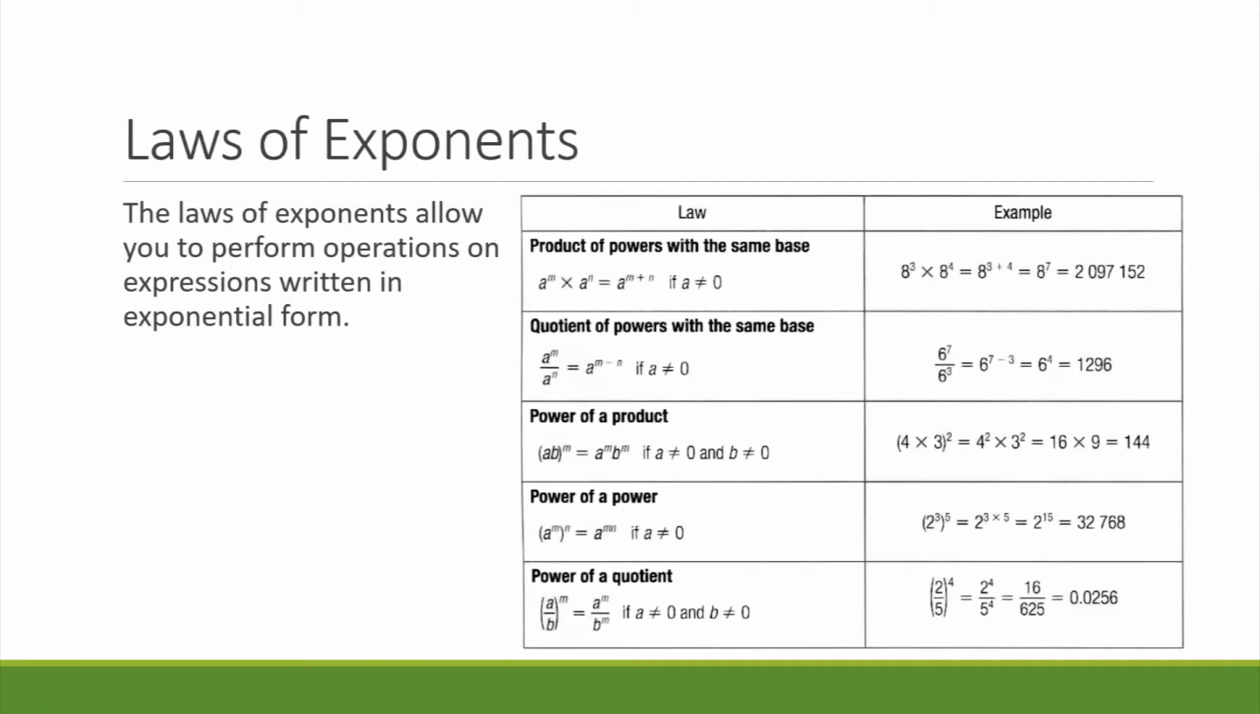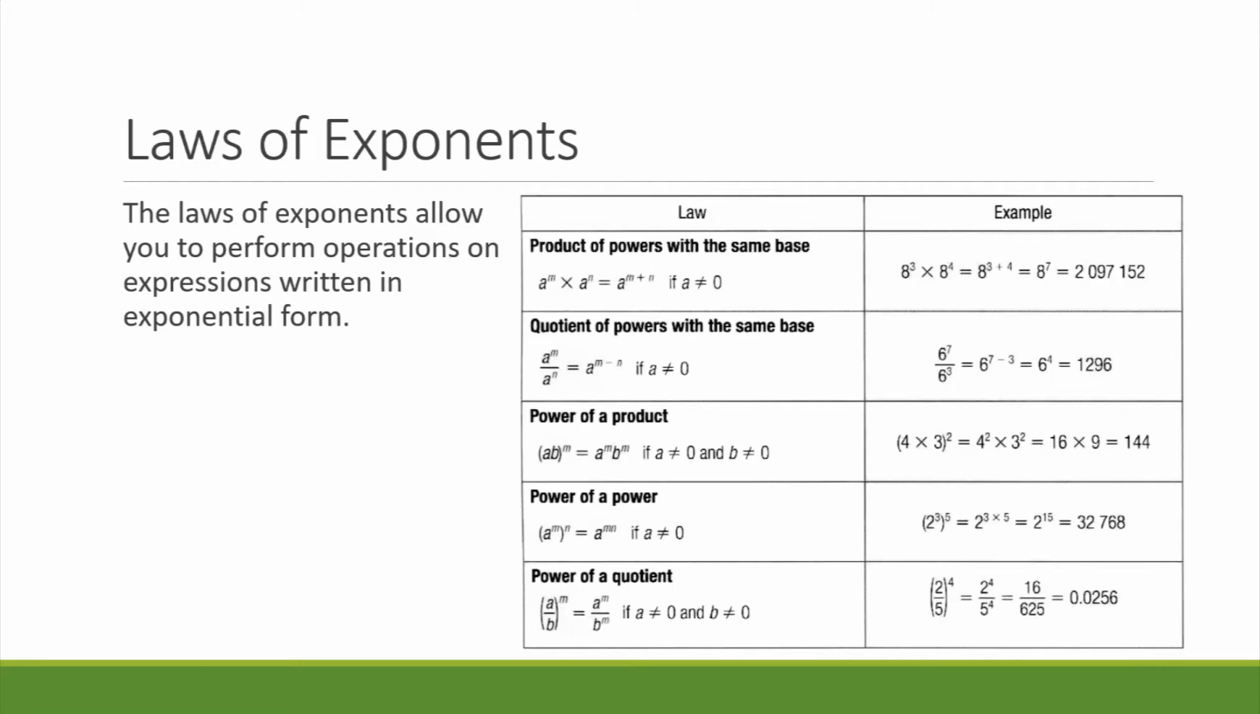There are also laws of exponents. The laws of exponents allow you to perform operations on expressions written in exponential form. If you have products of powers with the same base, so you've got a to the m times a to the n, you can simply add the exponents together. For example, 8 cubed times 8 to the 4th is the same as 8 to the 3rd plus 4, which is equal to 8 to the 7th, which is a very large number,